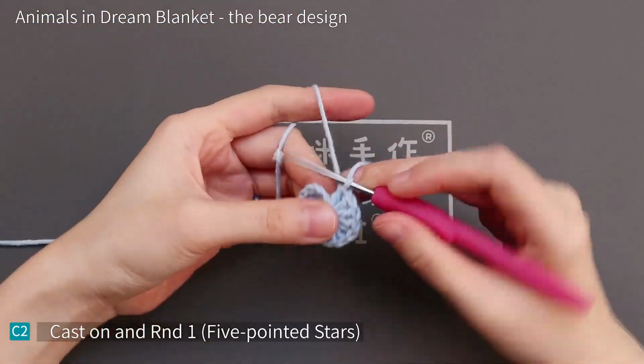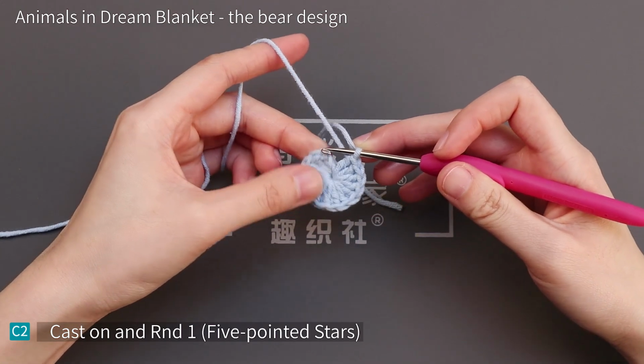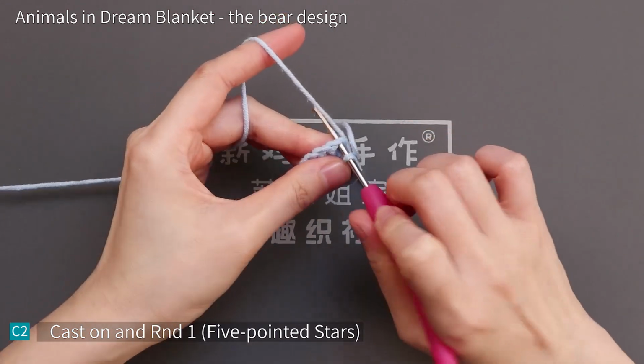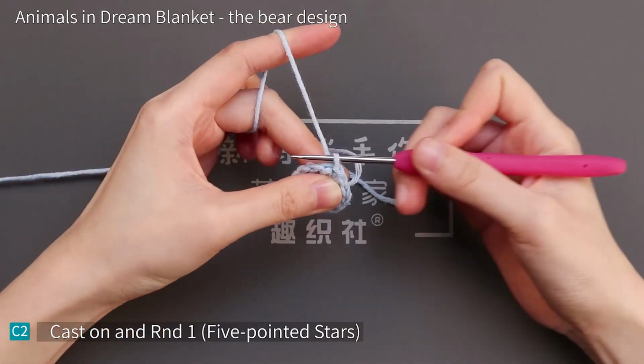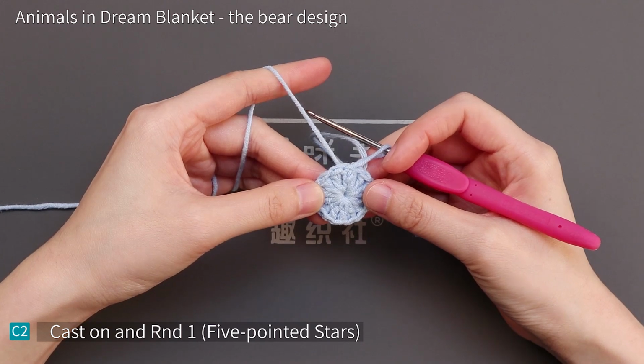Once done, insert your hook into the third chain from the beginning chain. Slip stitch through 2 loops. Give it a gentle tug to tighten. And there you have the first round complete. Move on to the